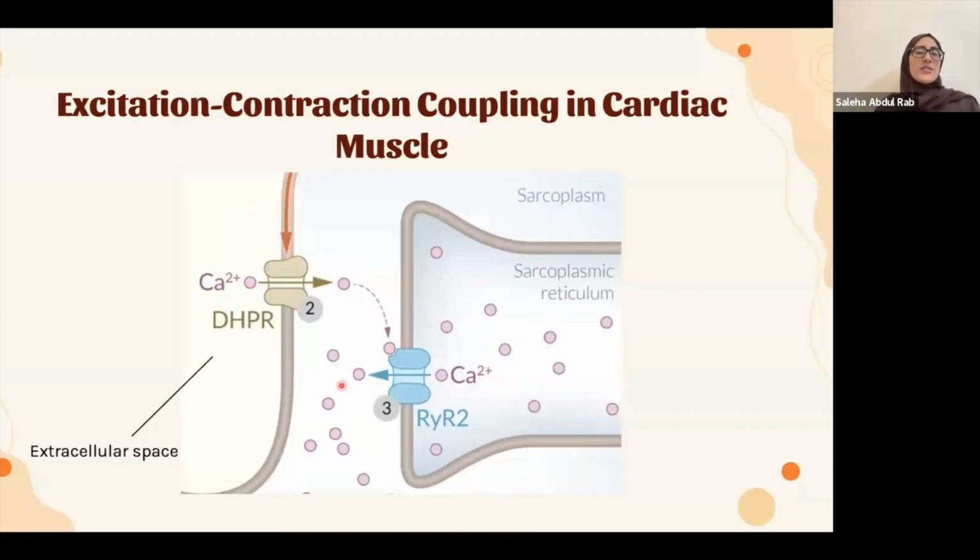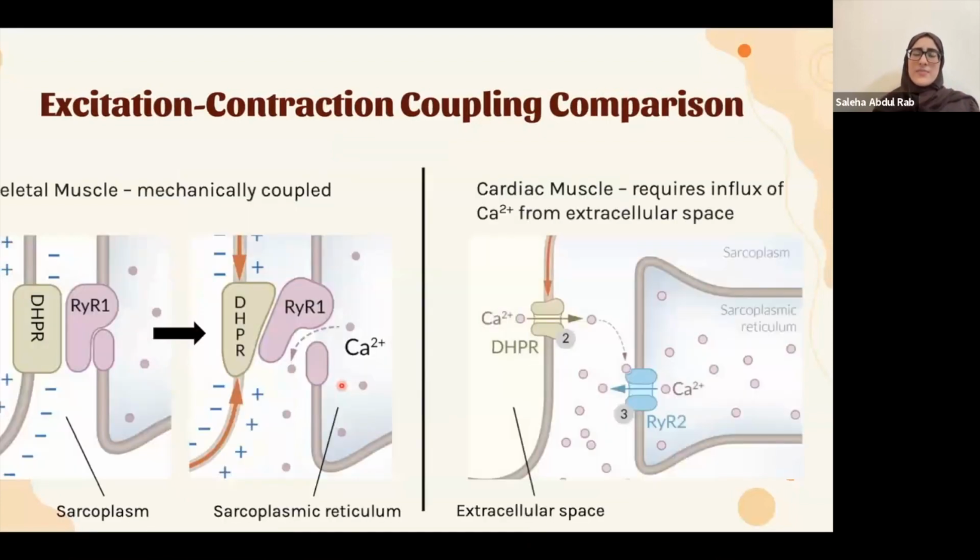So the difference here is what? What is the exact difference? Here, let's put them both side by side. In skeletal muscle, you have a mechanical coupling between the dihydropyridine receptor and the ryanodine 1 receptor. When its potential changes, this causes a conformational change in the RYR1, which then causes entry of calcium. In this case, however, there is calcium coming from the extracellular space. The dihydropyridine receptor opens, then it causes calcium to land on the ryanodine receptor and then causes it to release more calcium from the